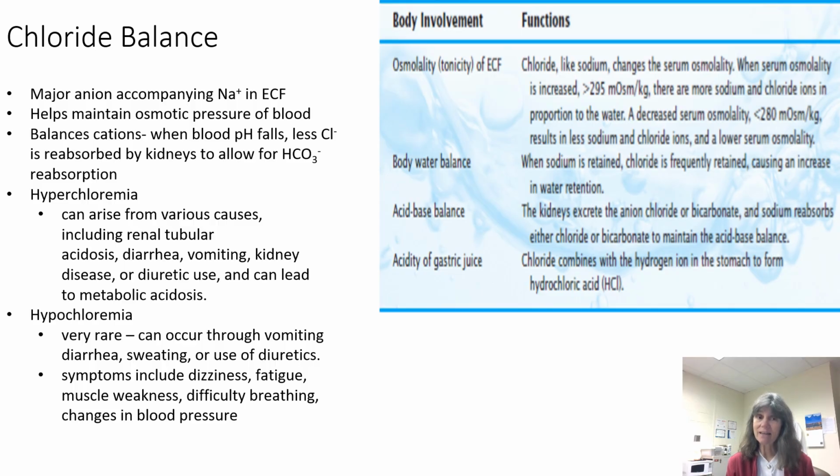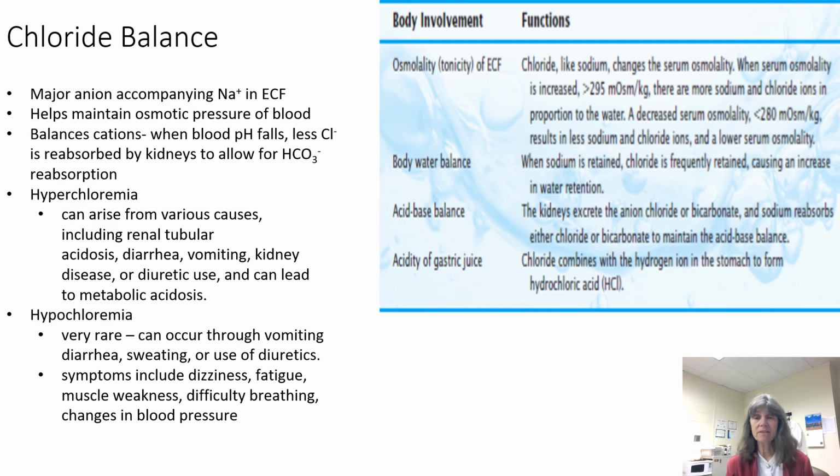It can balance cations because when blood pH falls, less chloride is going to be reabsorbed by the kidneys to allow for bicarbonate reabsorption. Notice how they are both negatively charged anions. If things get out of whack and there's too much chloride in the bloodstream, that's a condition that we call hyperchloremia. It can arise from different causes like renal tubular acidosis, excessive vomiting, diarrhea, kidney disease, diuretics. Those can all lead to metabolic acidosis if there's too much